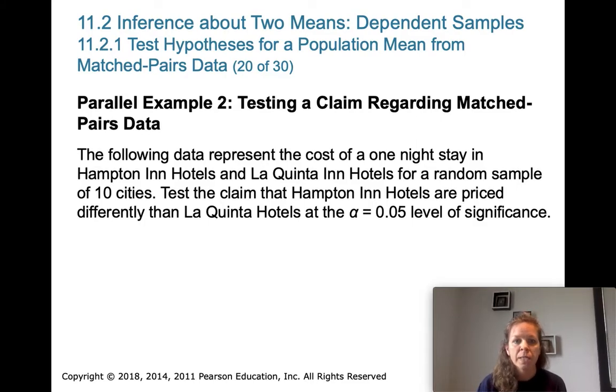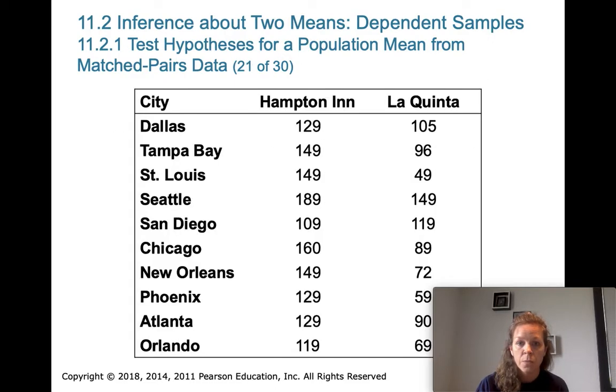All right, so the following data represent the cost of a one-night stay in a Hampton Inn hotel and a La Quinta Inn hotel for a random sample of 10 cities. We're going to test the claim that Hampton Inn hotels are priced differently than La Quinta. Okay, so here's our data,